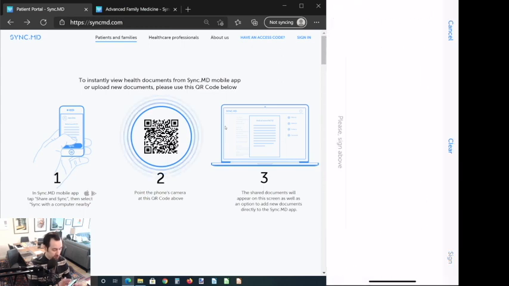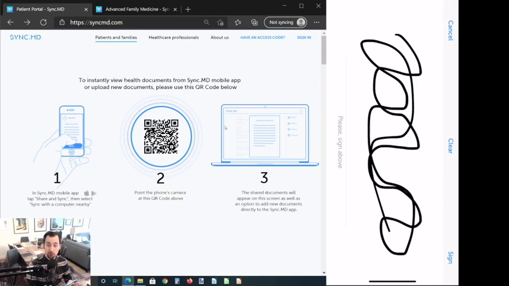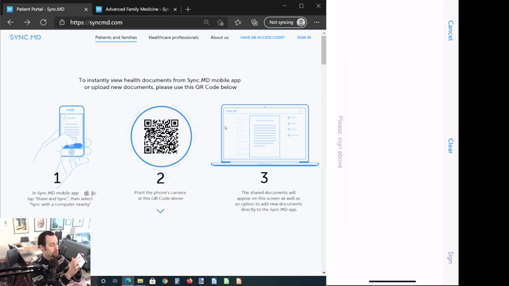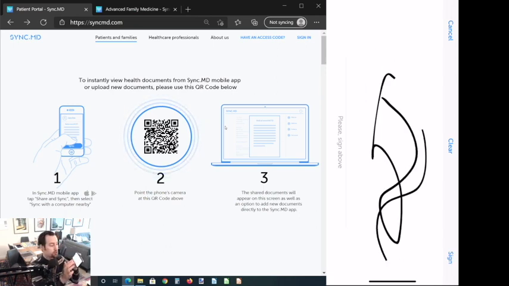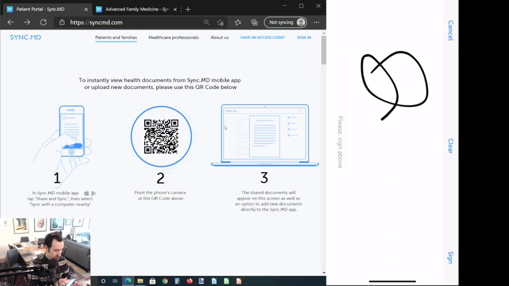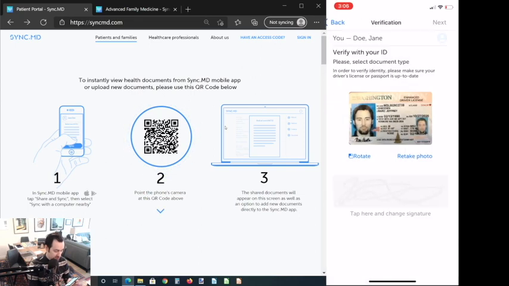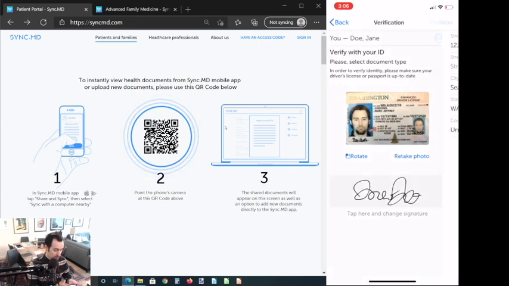So here, I'm just going to clear, and as you can see, what shows up on the screen is simply what I'm dragging with my finger. So right now I'm simply dragging on my phone screen, as you can see. So users are able to sign electronically using their own fingers. So in this case, I'm going to say this was Jane Doe, and we'll say sign, and then we'll hit